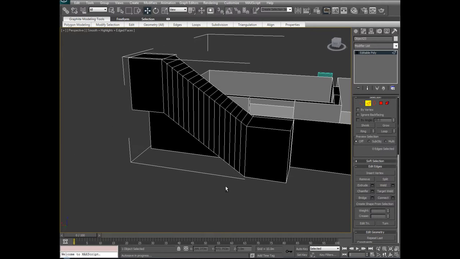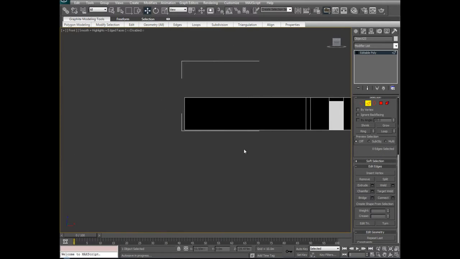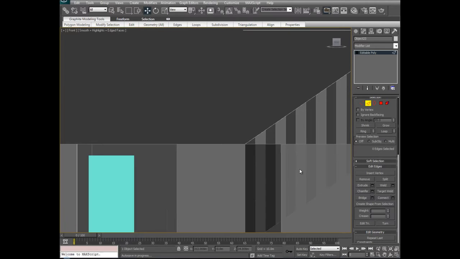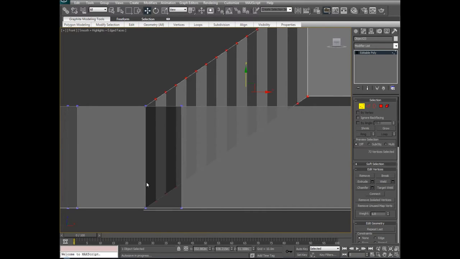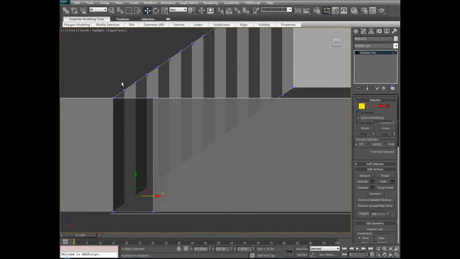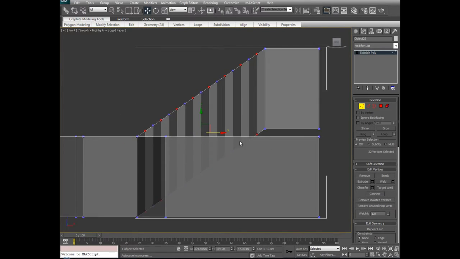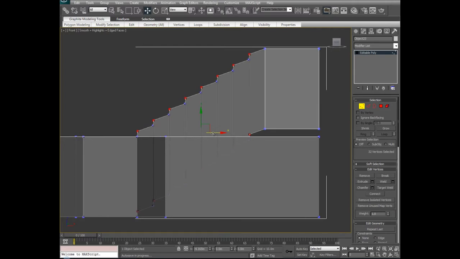So that should be good. Okay, so let's go to a front view and turn everything transparent. And starting from the bottom, we'll start selecting every other vertice on both top and bottom. Okay, with those selected, let's move by our x-axis back